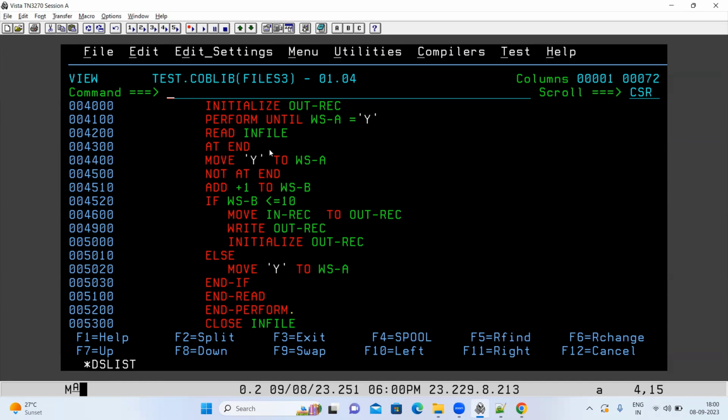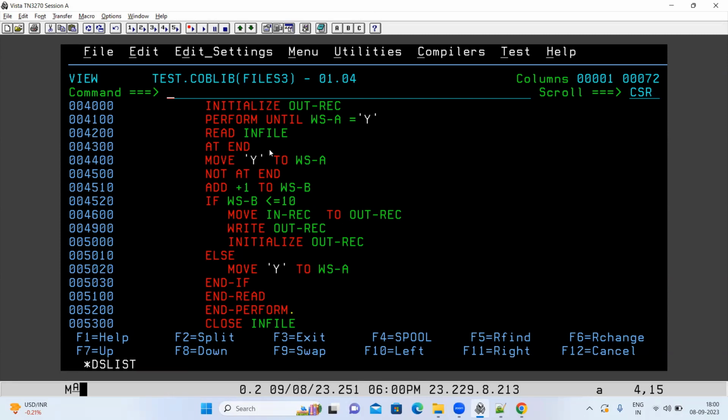Those kinds of things, because in real time the code will be very, very complex. Sometimes there are huge codes, and you cannot handle them without using the PERFORM statement. So PERFORM paragraphs are mandatory in real time to understand the code and the flow of the code. Otherwise, first of all, you will not understand, and second, you will sometimes not be able to handle the logic, because one paragraph may be called at multiple positions for some reason. If you don't use paragraphs, that set of code you will not be able to execute at multiple positions.